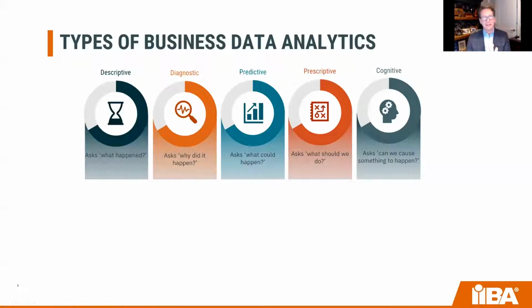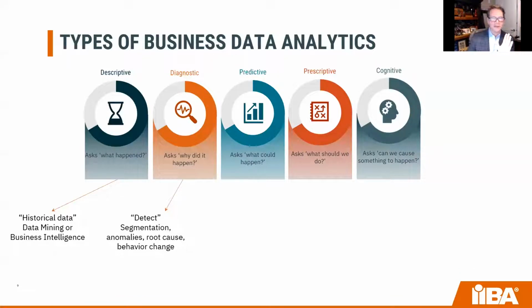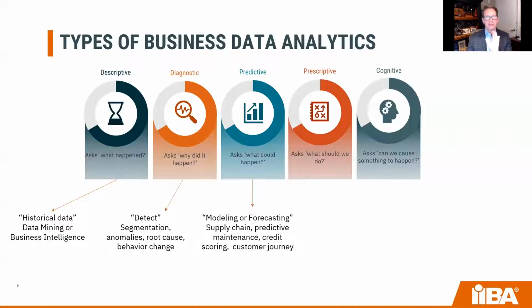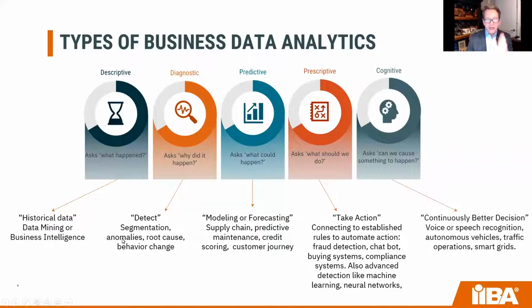I want to give you this slide here. I don't want to belabor it. I just want to give you a real sense. People were asking, Tom, you asked the question, what's the difference between the profession and the segments in the model, okay? This is a great way to explain it in a non-technical way to your constituents. There are basically 5 different layers. It's that whole area of descriptive, which is data mining, business intelligence, the whole area of diagnostic. Very, very simple until you move across to prescriptive, which is where you start talking about machine learning, neural networks, these kinds of things. And then you get into cognitive, which is that advanced learning systems.